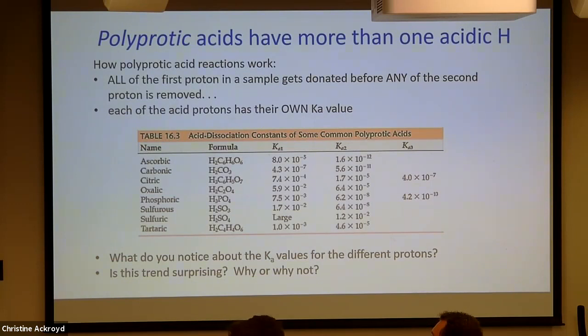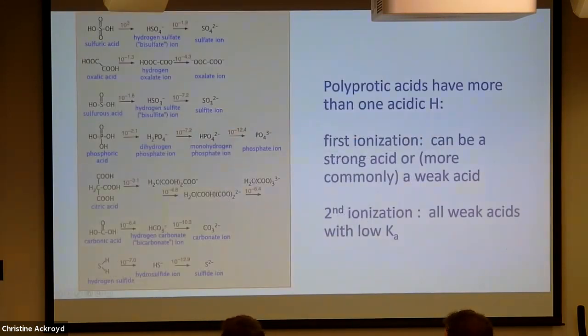Because when you pull off the first one to form the first conjugate base, what happens to how hard it is to pull the second one off? Easier. So this has a -1 charge. If I pull off this second proton, what does the next one have? It's going to have a -2 charge. Okay. So go back to here.